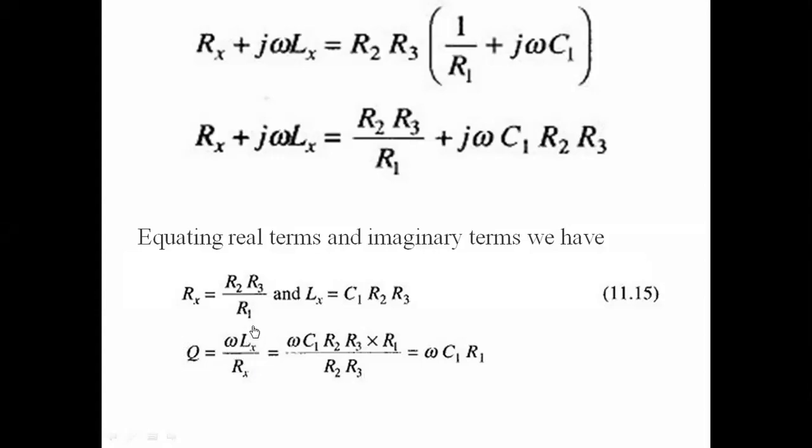Whereas in this Maxwell bridge we will obtain the unknown inductance value in terms of the known capacitance value and resistors. In terms of the known capacitance, we will measure by known standard capacitance value and resistance value. We can measure the quality factor of the coil and the unknown inductance with C1. So we will measure the unknown inductance value in terms of C1. So that is the Maxwell bridge.